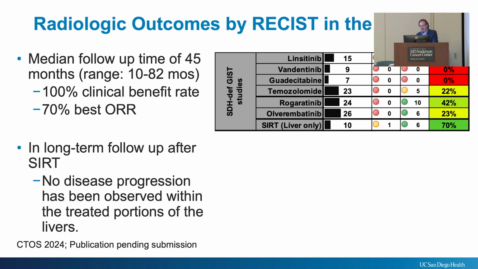If we look at our data, 70% of the patients had, by this radiology RECIST criteria that we've been talking about, either partial responses or complete responses. So if you look at all this data that's accumulating now, for liver-only disease we're talking about a 70% disease response rate in the liver, with all of them having some type of shrinkage. Even the ones that didn't have up to 30% had some degree of shrinkage. So we're in the process of putting this publication together for submission, but it will give us another option potentially